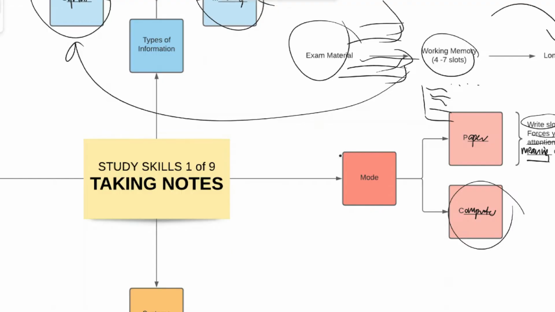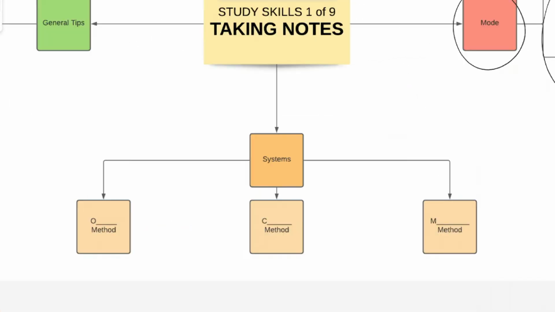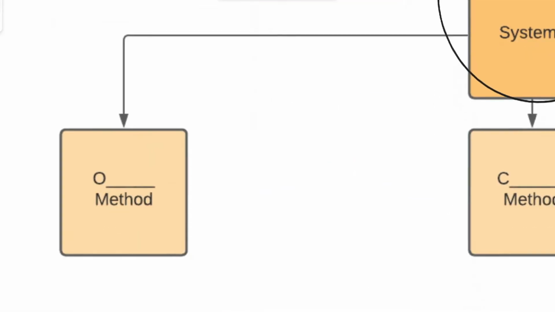So after understanding the mode and the types of information and this debate about paper versus computer, then we're going to talk about the common systems that students can use. So the first one that you can consider is the outline method,